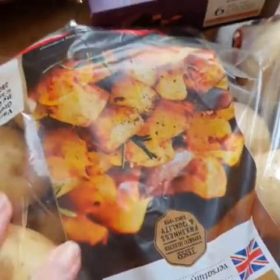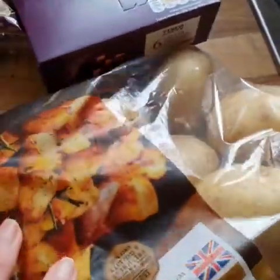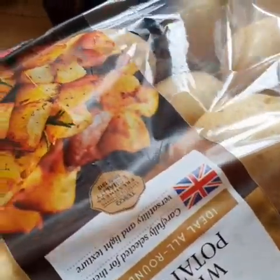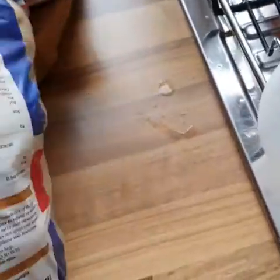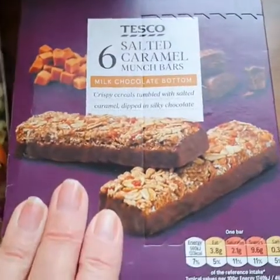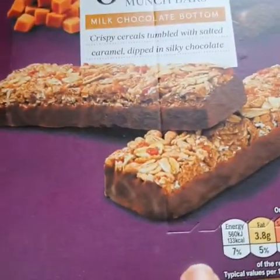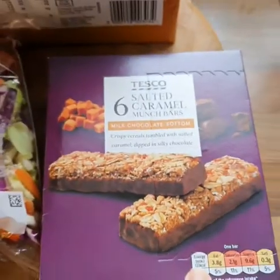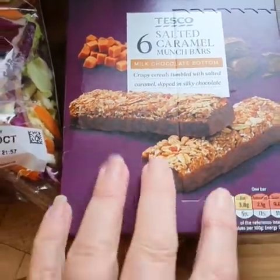These were £1.38. Again, I'm just looking for the cheapest of the cheap. They still make great chips, they still make great mash. It doesn't really matter, but that was the ones I went for. Trying to figure out how much is in them. 2.5 kilos. And these are the cereal bars that also Graham likes. I think they're 89 pence, and they are 133 calories, so that's about 7 syns each, but they are really, really nice as well. So that was basically what